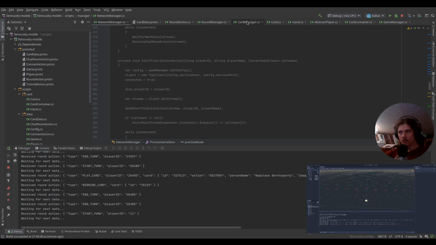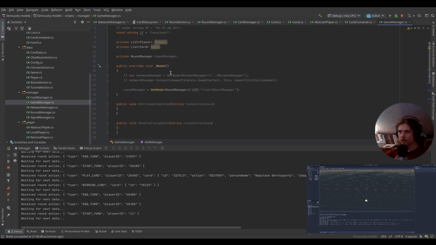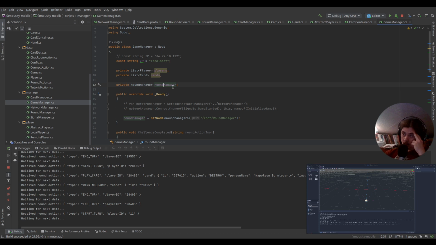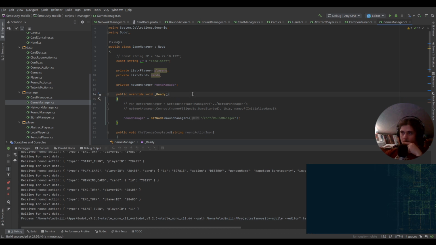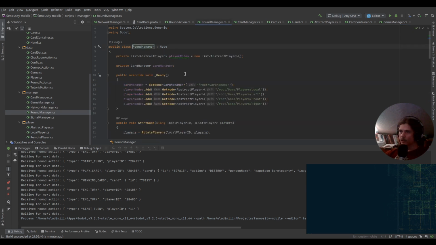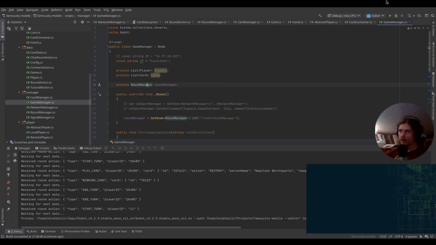I probably know what's going on. The game manager, I added the round manager dependency here, and probably it's not initialized yet in the autoload. That might be happening. Let me check. Let me check if we don't really need the game manager in here. Okay, so